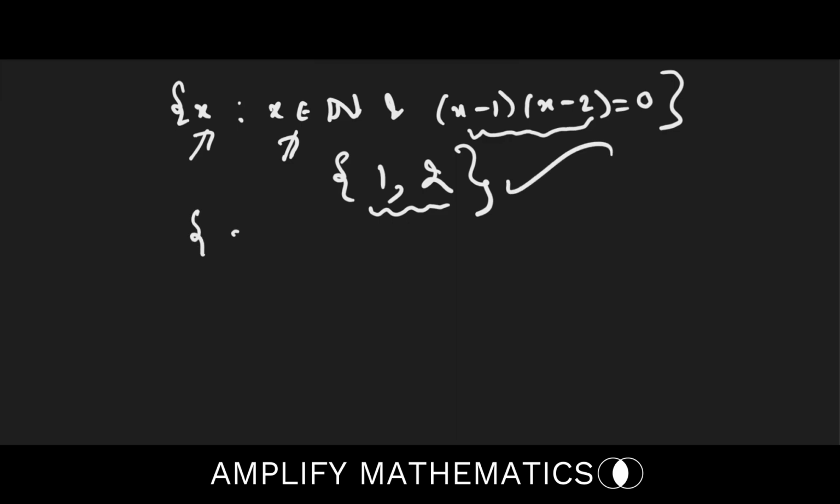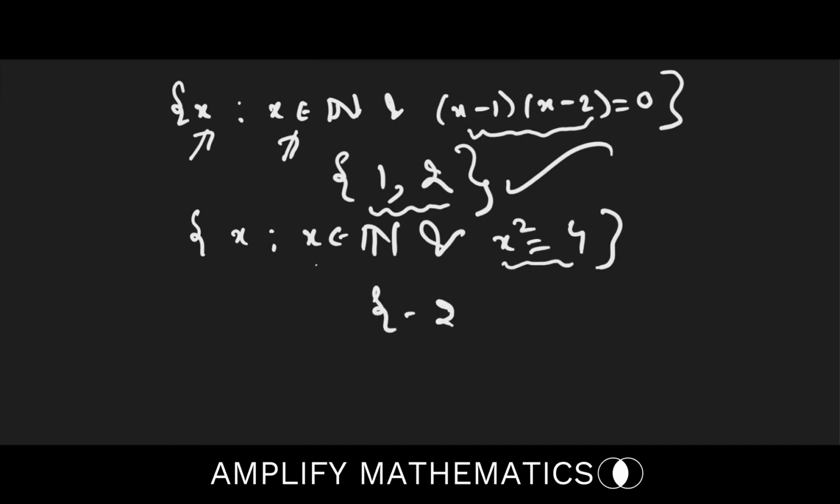Next example is all such x such that x belongs to N, basically x is a natural number, and x square is equal to 4. तो इसका क्वाड्रेटिक इक्वेशन का सॉल्यूशन आता है -2 and 2। ओके, एंड इसमें से नेचुरल नंबर इज 2 ओनली। तो ये सेट अगर हम रोस्टर फॉर्म में लिखेंगे तो ये होगा {2}, एंड देयरफॉर एक ही एलिमेंट है, सो दिस इज फाइनाइट।